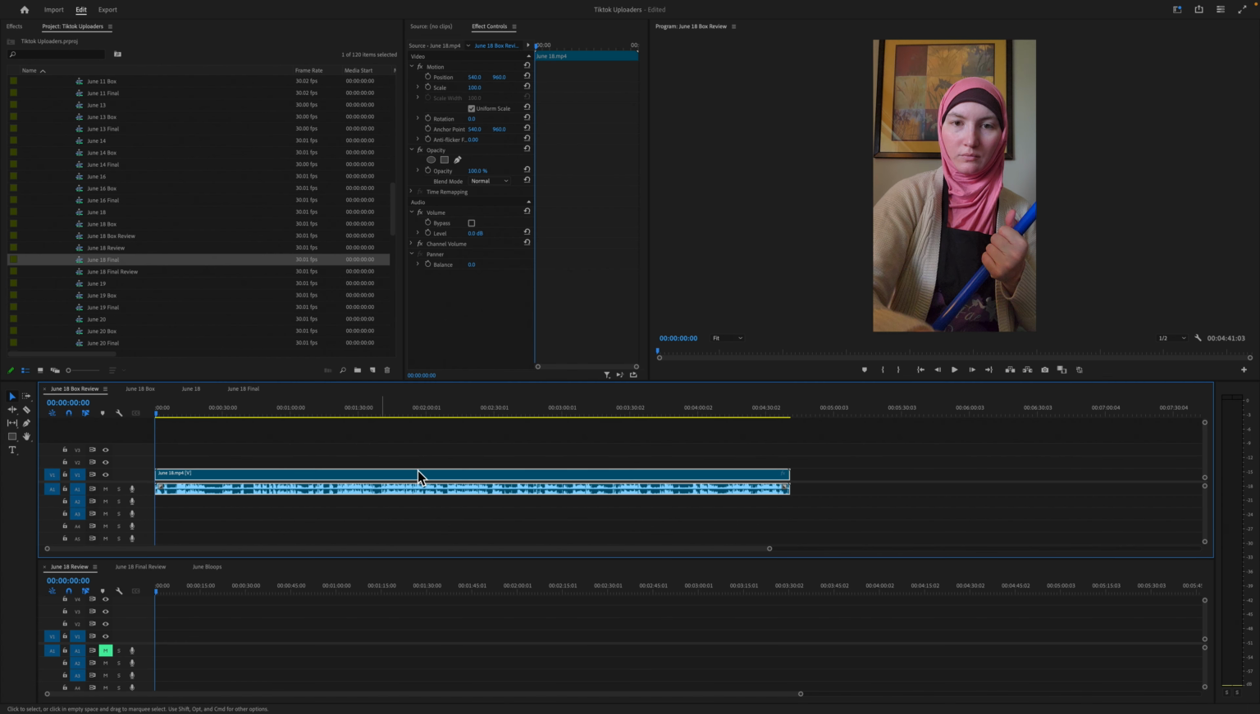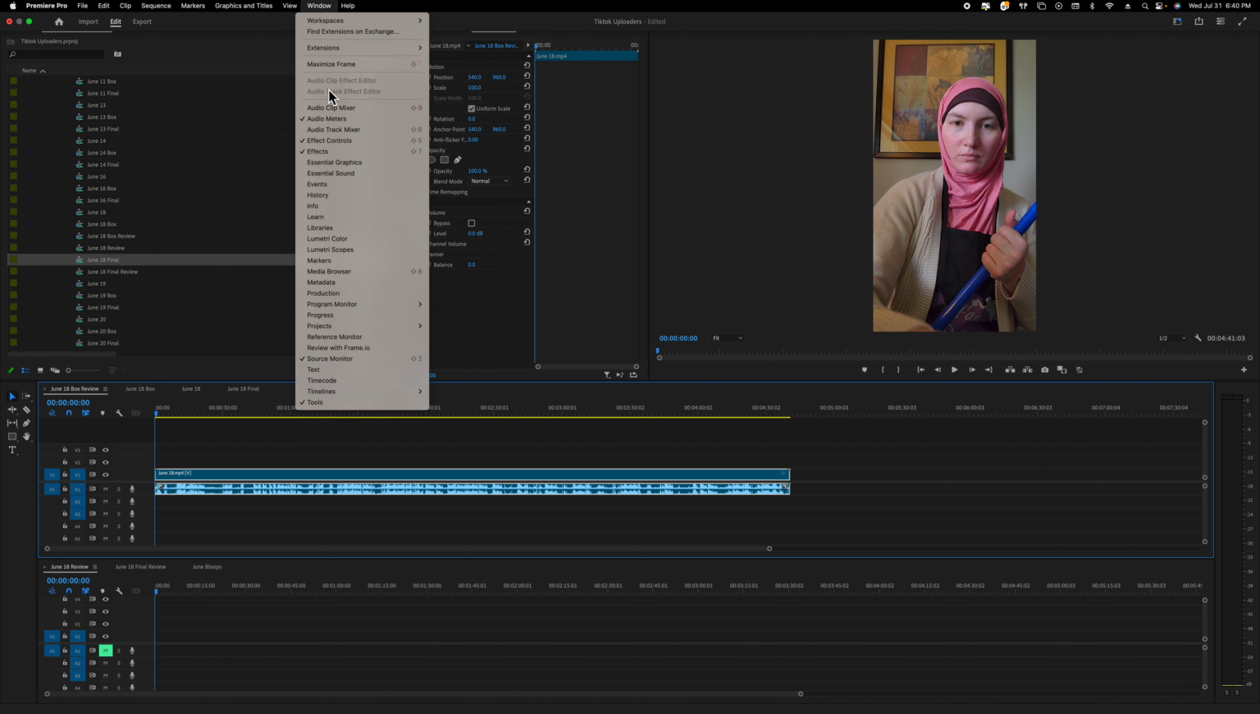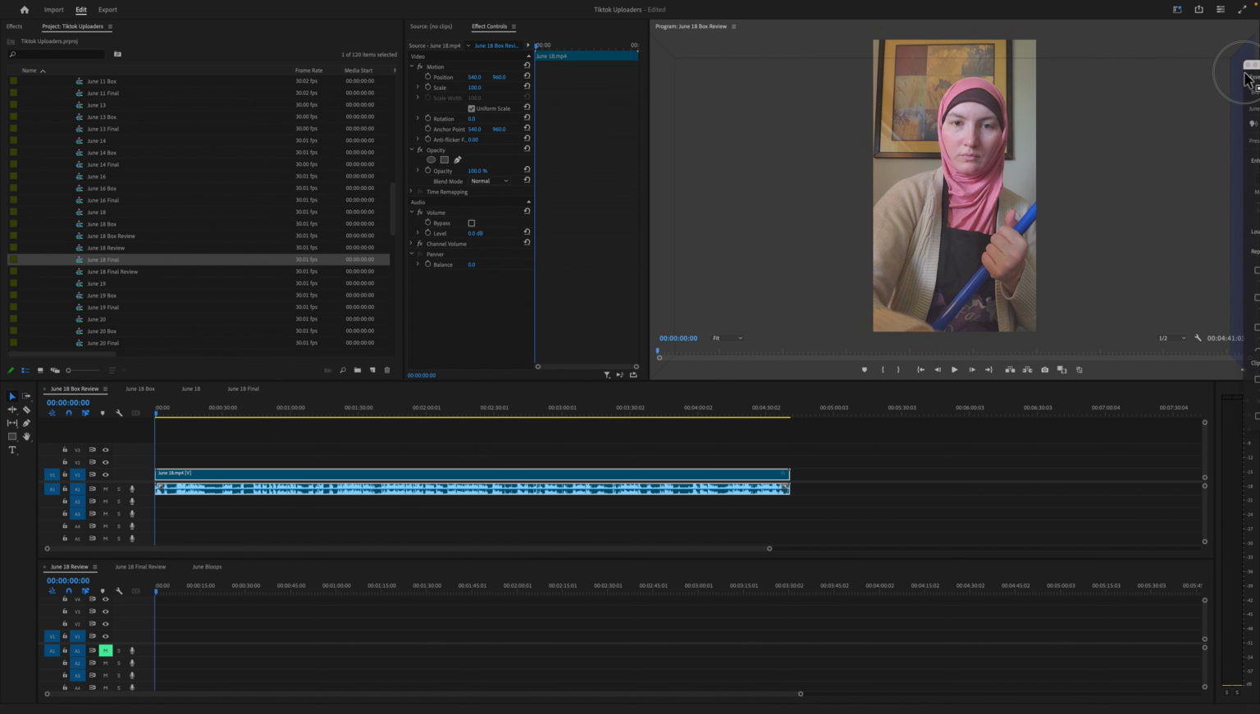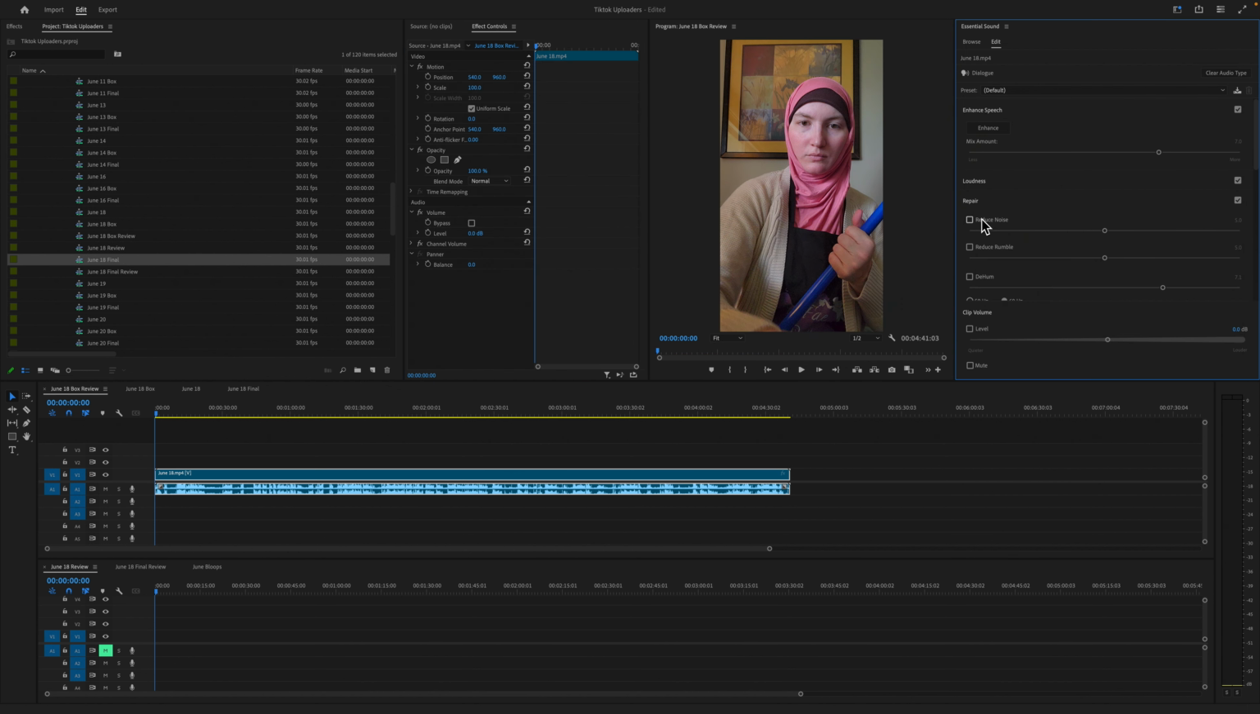So usually the first thing I do is I go into my window and I'm going to add essential sound to my stuff here. Makes it a little bit easier,